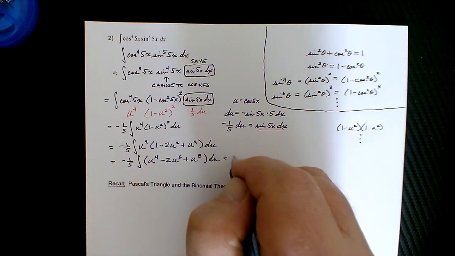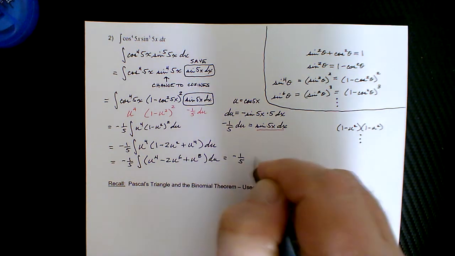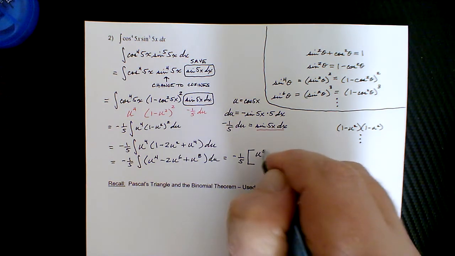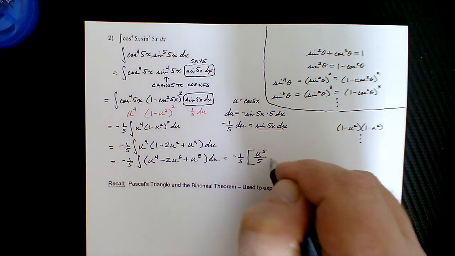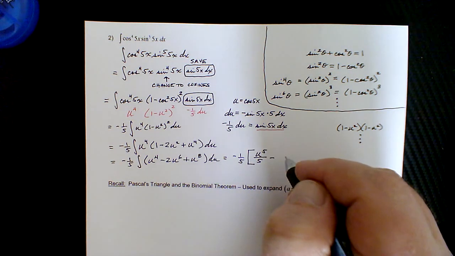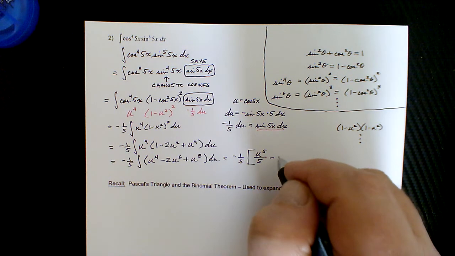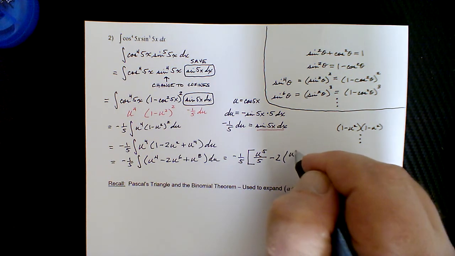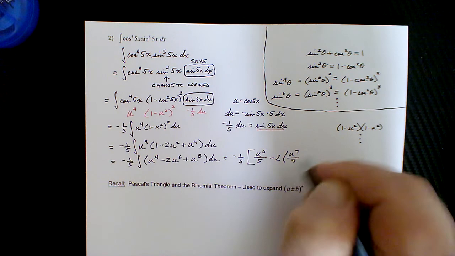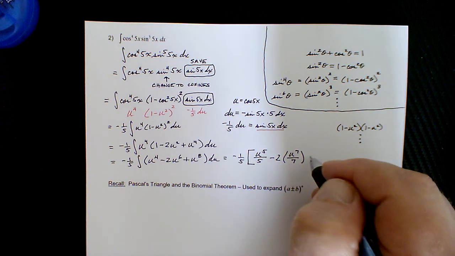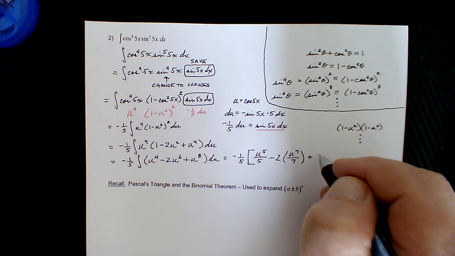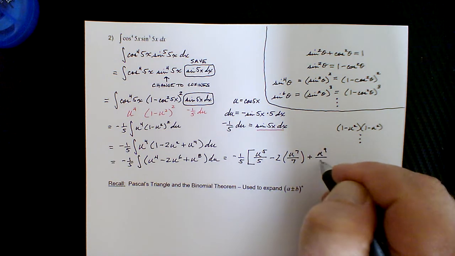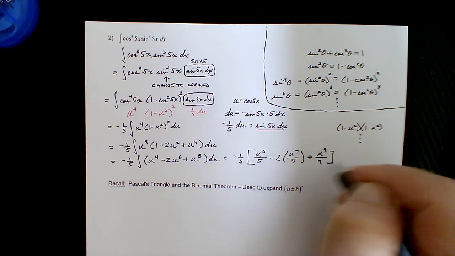Move off to the side here, minus 1/5. Open up a big set of brackets. Integrate term by term. U to the fourth integrates to be u to the fifth over 5, excuse me, minus 2 tags along, u to the sixth integrates to be u to the seventh over 7, and then finally u to the eighth integrates to be u to the ninth over 9. Add our constant,